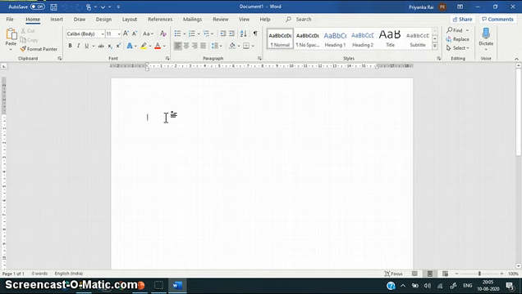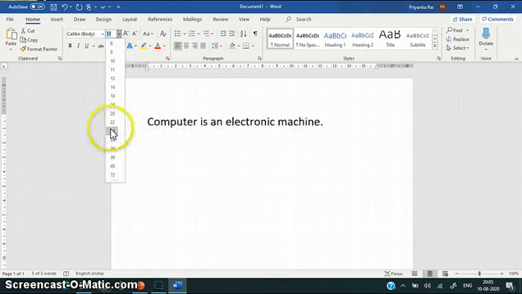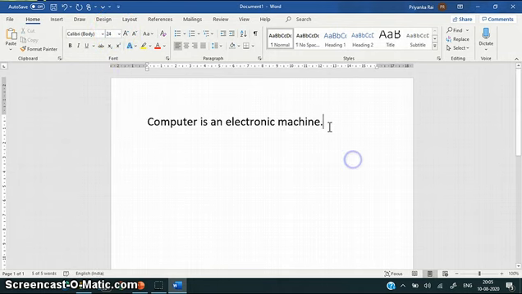Like if I'm typing computers is an electronic machine, it appears where the line was blinking. I am increasing the size so that you all can observe it clearly. Can you observe the blinking line? So this was about the Word window.